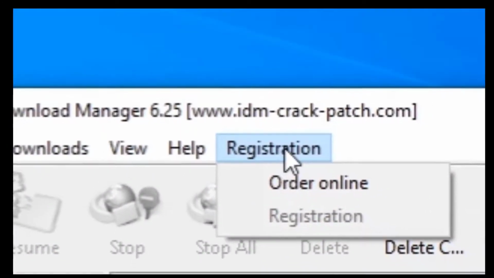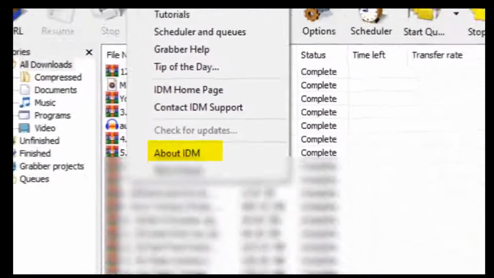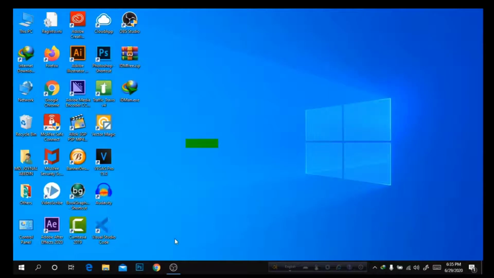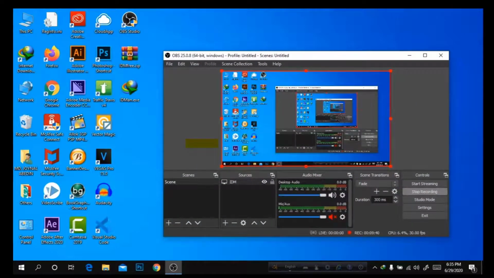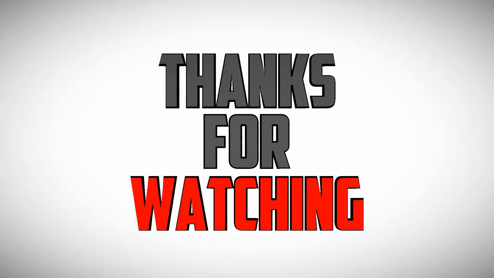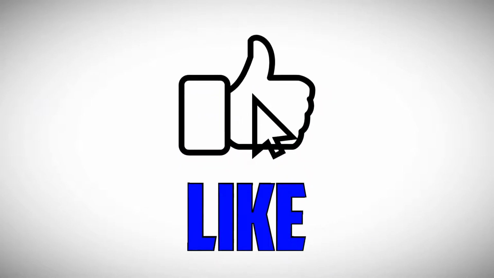If you see, it's blurred here. When I go to the help, it's also the same. Okay, it's exactly the same as offline. You see, there is no difference. So that's how you can check it out by using